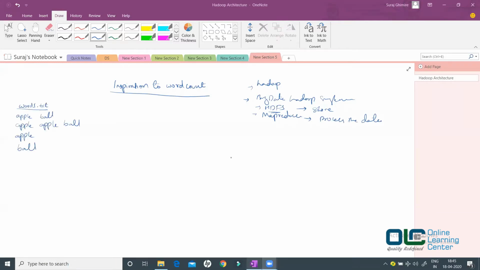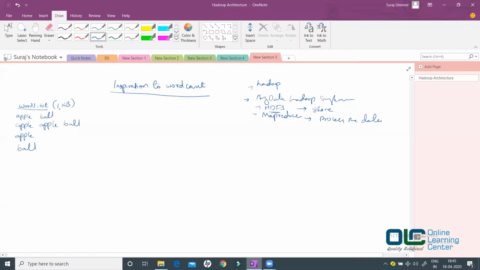Okay, so we have word1.txt where we have apple, ball, apple, ball and so on. Now let us assume that this file is of size, let's say, 1 KB. We will go with a small number first. What is the objective of this program?